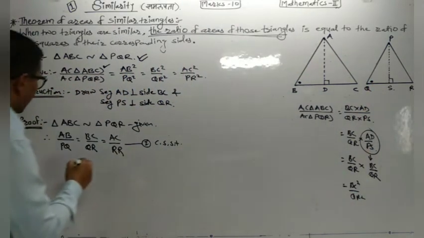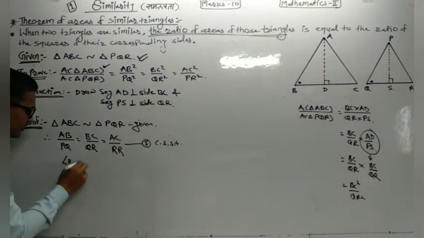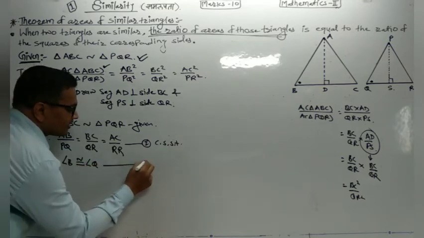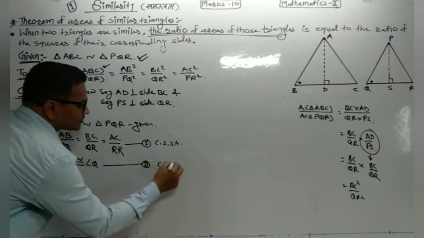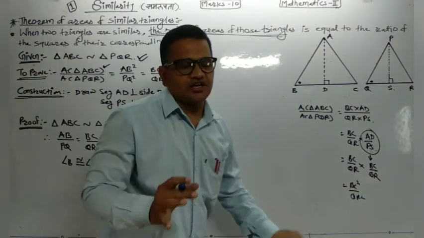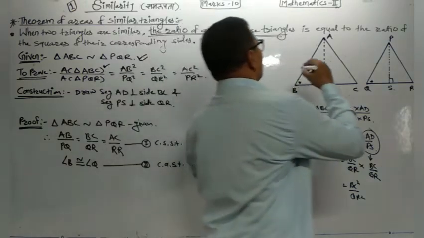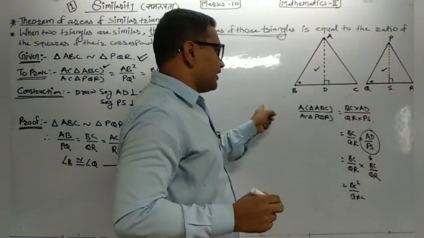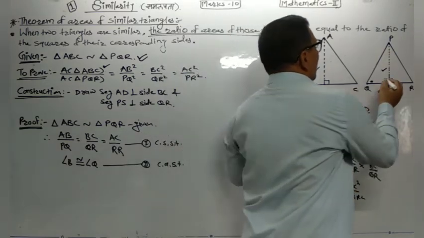Understand? Angle B is congruent to angle Q. This is step number second: corresponding angles of similar triangles. Understand? Now from this information we can prove these two smaller triangles are similar. Smaller triangles ADB and PSQ are similar